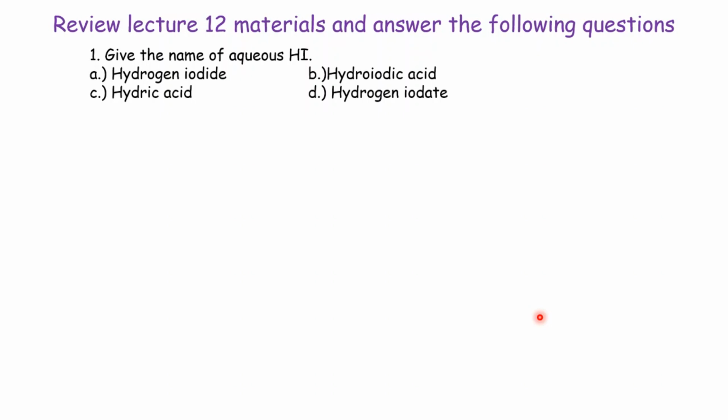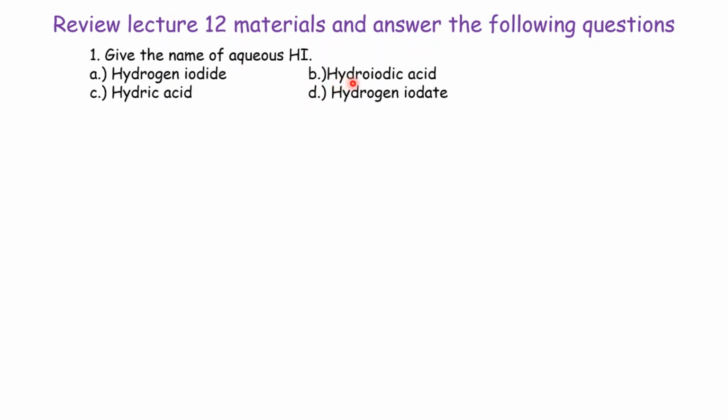This is the end of lecture 12 quizzes. So again, I will work on the first one with you guys. Give the name of aqueous HI. Okay, so obviously that's a binary acid. We should see the prefix hydro first. And if I look at those choices here, only B